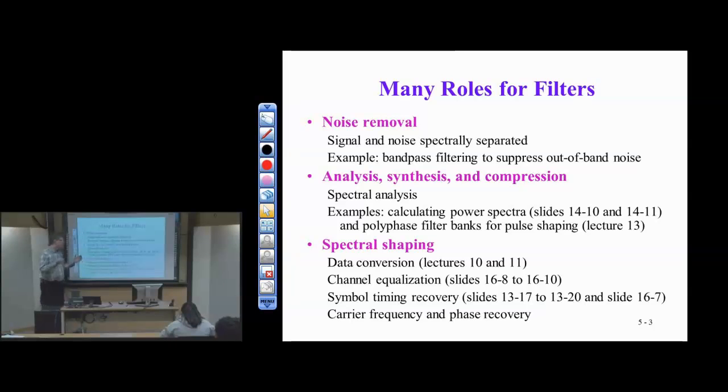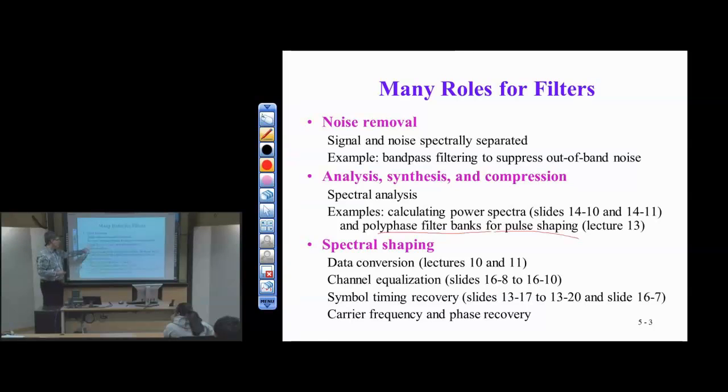The pulse shaping is to limit the transmission. Instead of using all the way out to half the sampling rate, we're going to use a smaller amount of frequencies. The equalizer, if I have a high-pass channel, would be a low-pass filter. So a low-pass filter can still be used in each of these three. The spectral shaping is more like you want to selectively remove certain frequencies. Pulse shaping is you only want to keep a certain band range of frequencies. Yes, and in particular, the way that we're going to implement the pulse shaping is really the